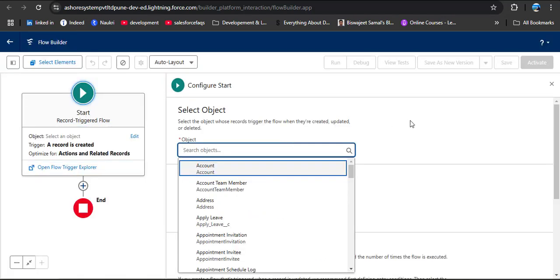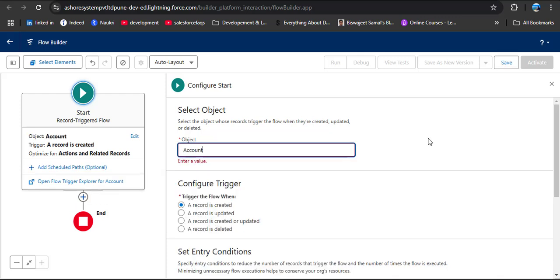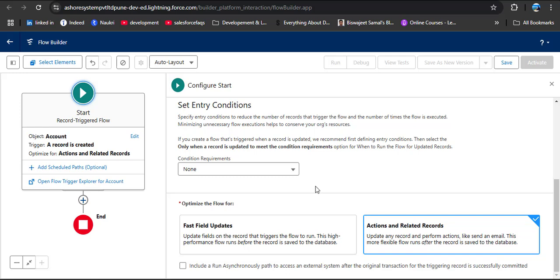The triggering object will be Account, because when the account gets created, the related contact should get created. So in the configure trigger, here I have selected a record is created. After that, the condition requirement. Here I am not selecting any condition, because whenever any account gets created, the related contact should also get created. Then optimize the flow for, here we need to select actions and related records, because we have seen